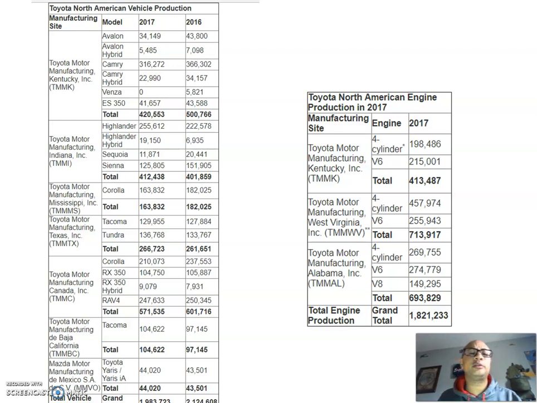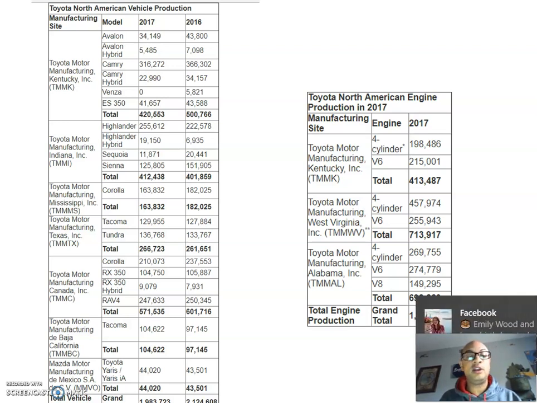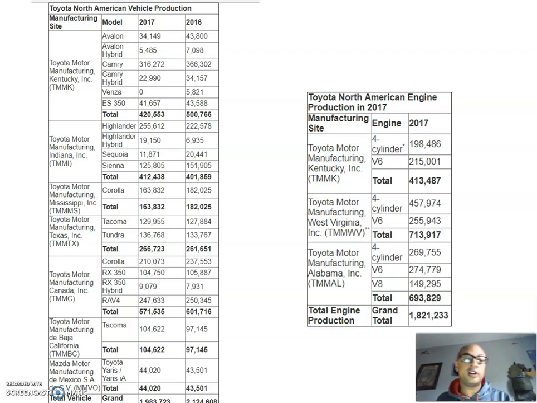Generally, when you think about Toyota, you think about a Japanese car. And while Toyota is a Japanese brand, notice that if you buy a Toyota Camry or a Toyota Corolla or a Toyota Tundra or Tacoma, notice the locations that they're being produced for the American market. They're being produced in Kentucky, in Mississippi, in Texas, in California, in Mexico, in West Virginia, in Alabama. These are where your Toyotas are being produced for American markets,